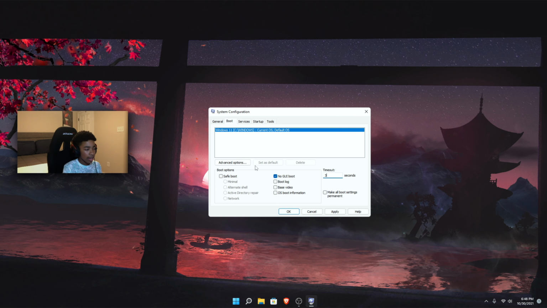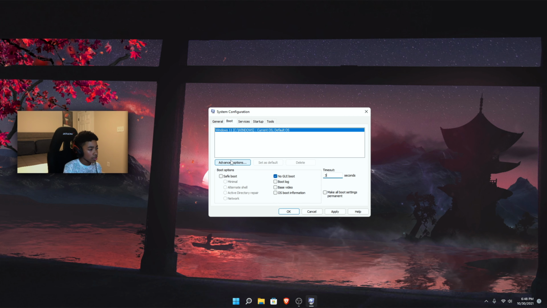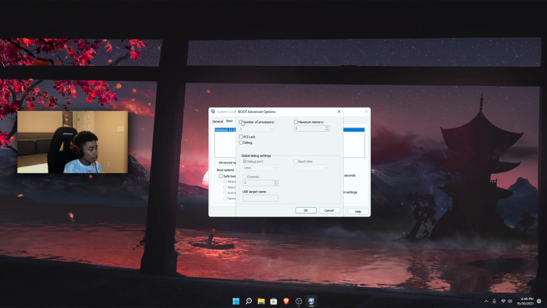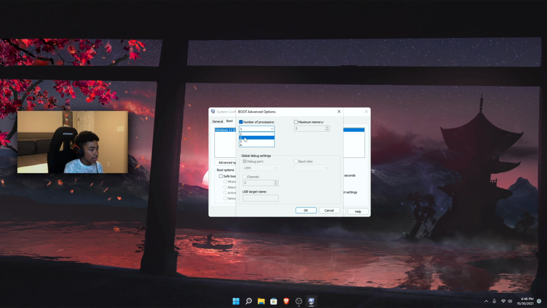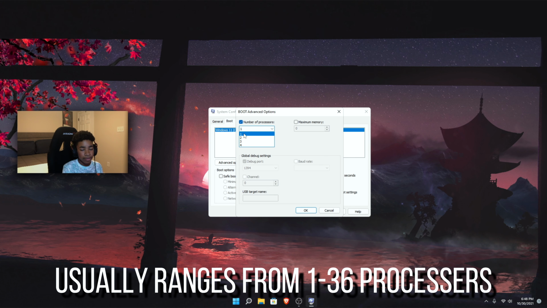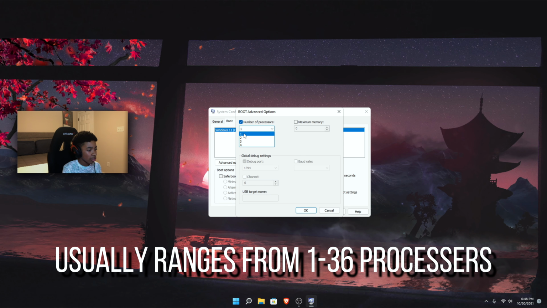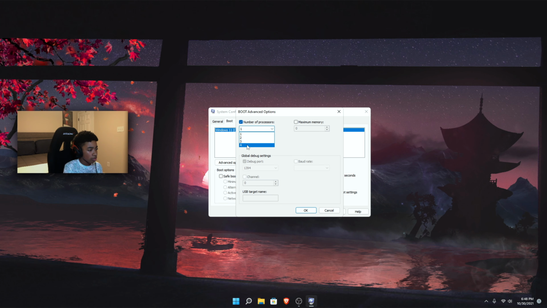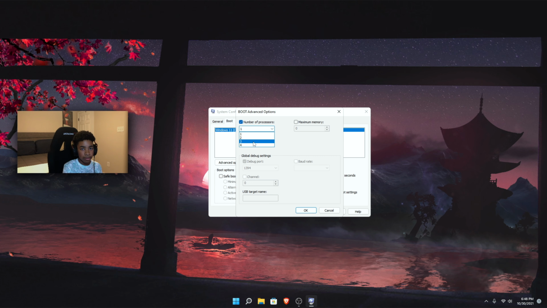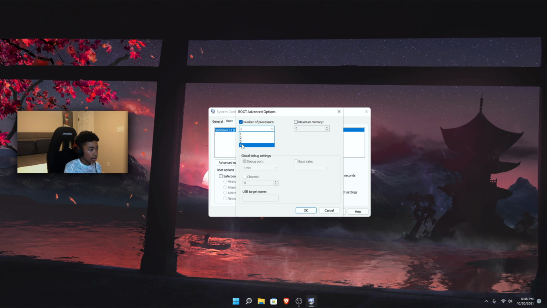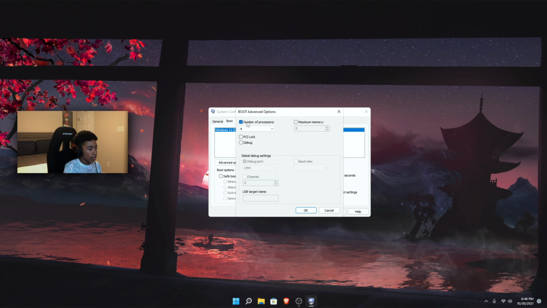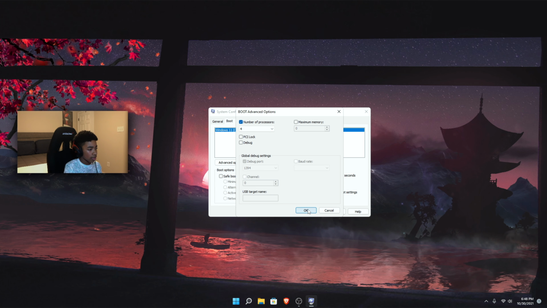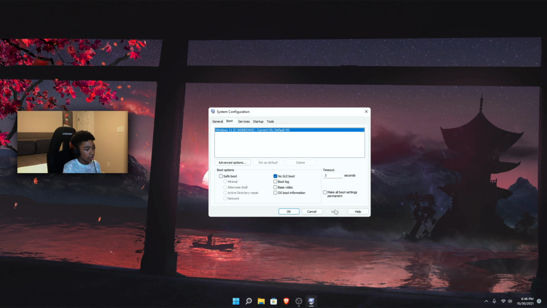And then once you do that, go over to advanced options right here, and then on number of processors, you're gonna check this box, and then it'll probably have a different amount of processors depending on your computer, but you're just going to scroll down until you find as many as you have. And for me, I only have a maximum of 4 processors, so I'm going to select all 4 of my processors right here, and then I'm going to press OK, and then you can press apply,